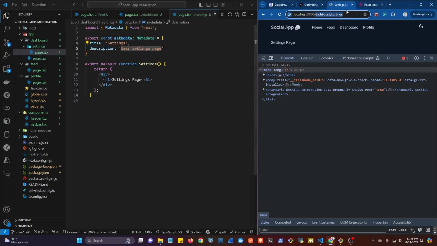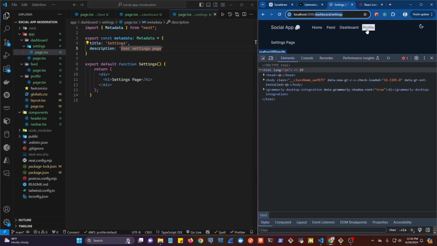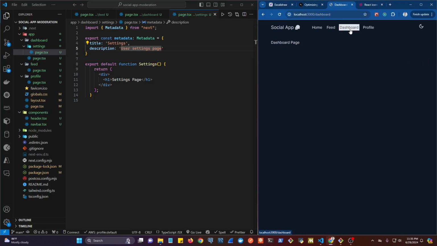So right now if we hover over this we can see it there, but we didn't create a link in order to get there. So what we're gonna do, we're gonna head over to the dashboard page again, and in the dashboard, let's see. Yeah. So what we're gonna do is that for the dashboard